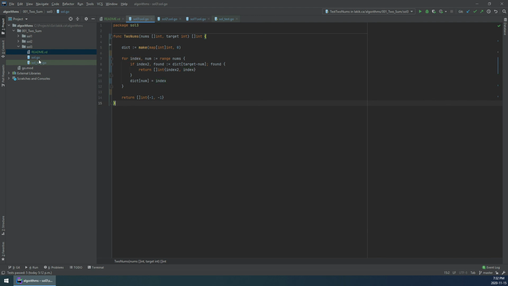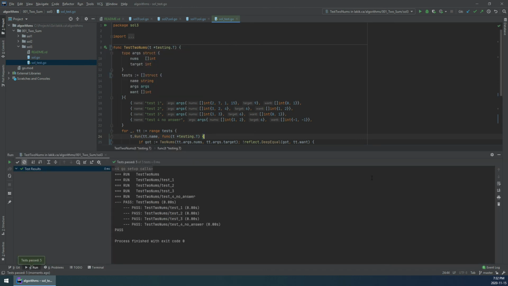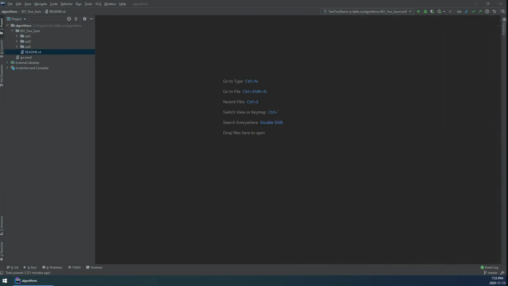Let's run test to see if it's working. Perfect, it does. So as you can see, this solution is really short and the time it required to run is linear because we loop only once. In this video we saw that problem can be solved in multiple ways, and on interviews, if we can't think